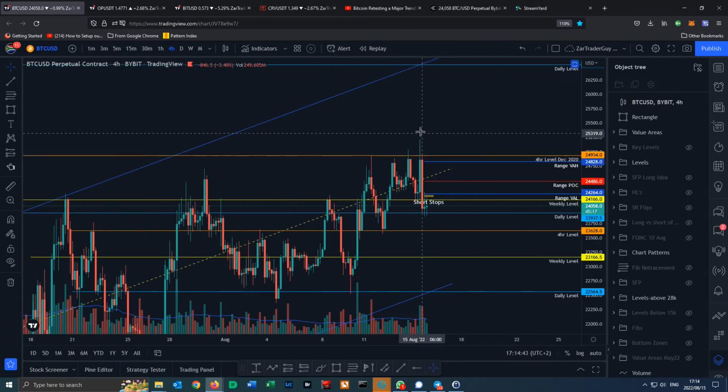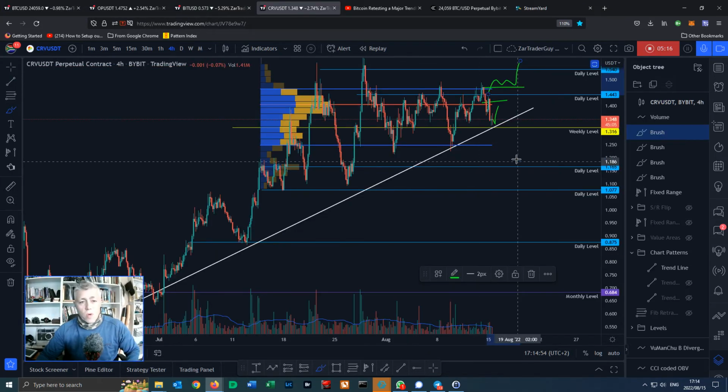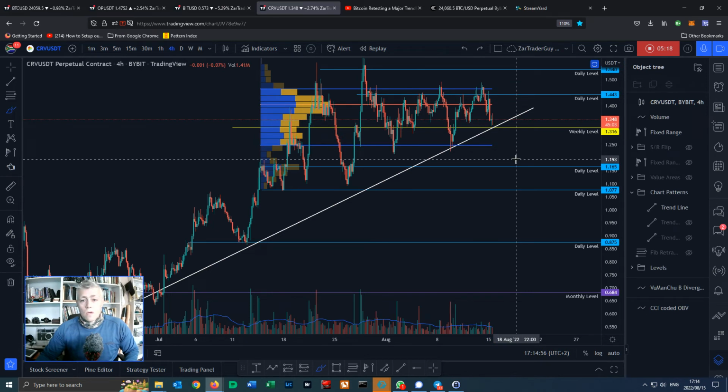Very, very important levels right here at this $25,200 area that Bitcoin is hopefully going to break out. If we break out above this, the alts are most likely going to run with it as well. Okay, so